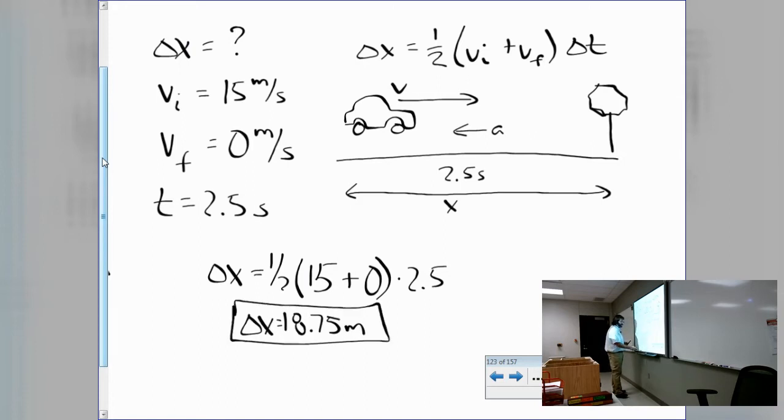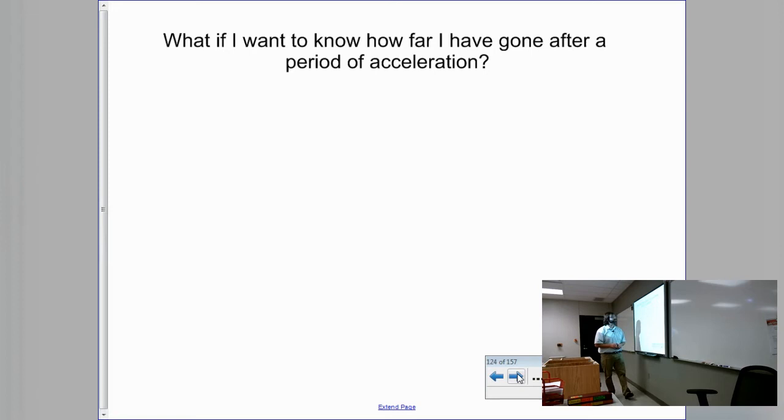Okay, that would be our displacement, and we don't know if the object is moving to the right or to the left, but that would be our change in position from where we initially started. Okay, this one allowed us to find our displacement, so let's look at another. Imagine I would like to know how far I've gone, just like in the last kinematic equation, after a period of acceleration. But this time,